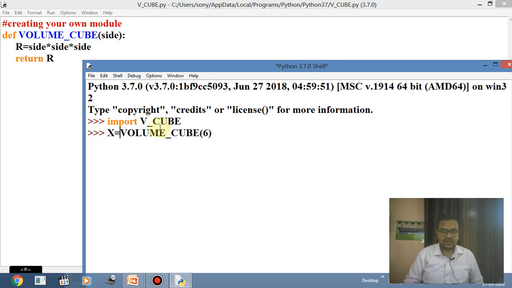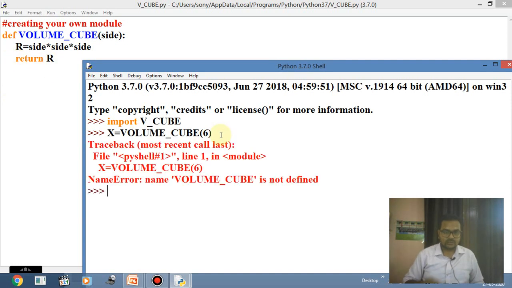Let's say this value will be stored in the variable x. So whatever value has been returned by it will be stored in x. Now इसको रन करते हैं. Now volume_cube is not defined, one error is coming. Volume_cube is not defined, but still I have defined this one.